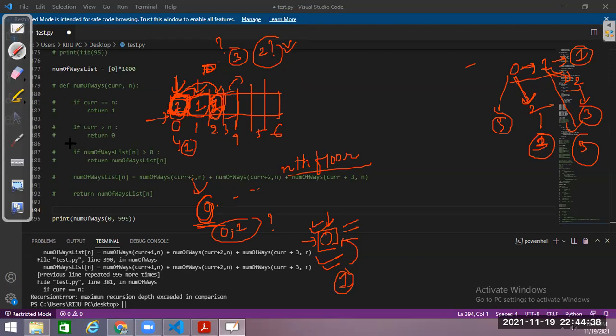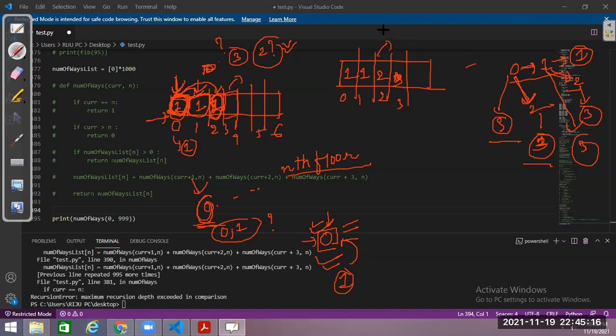Okay, so let me redraw my array and let me see. Zero I can reach once. 0, 1, 2, 3, right? So this one I want to calculate. How many ways have we done? From stair 2, I can come to 3, right? From stair 2, I can come to 3 by just taking one step. Now in how many ways have I reached stair 2?